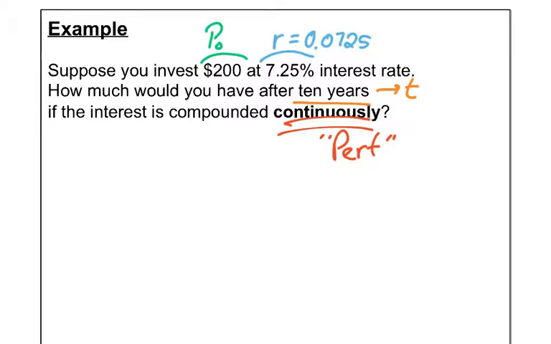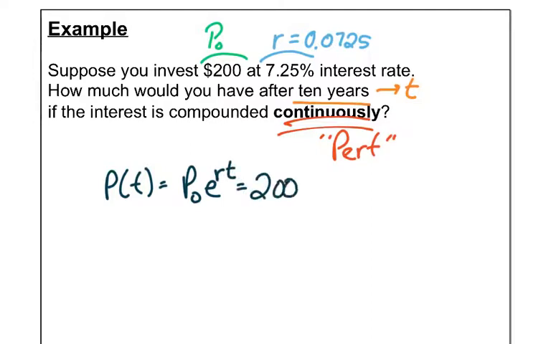All right, new formula right here, friends. P of T equals starting amount times E, the new natural number, raised to the rate times time. All right, your starting amount was $200 times E raised to the, your rate is 0.0725 times your time. You're in there for 10 years. All right, luckily, friends, this is really easy, like I said, to do in one statement. So I would literally punch into the calculator